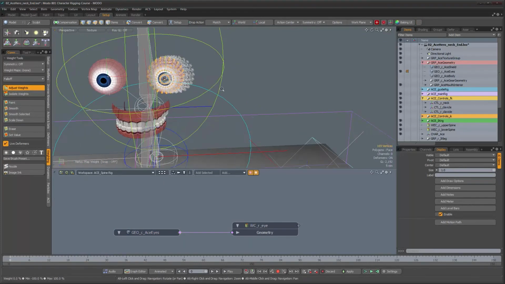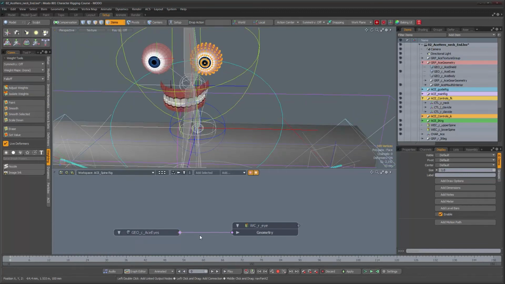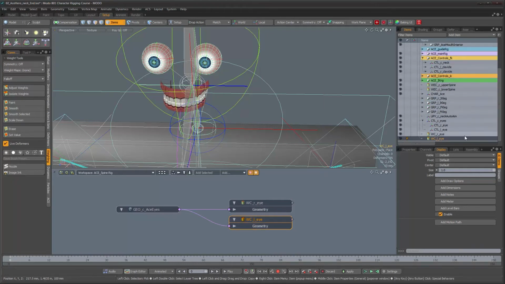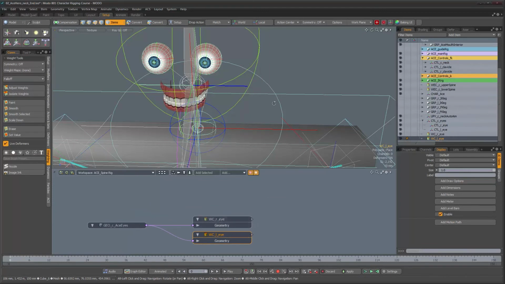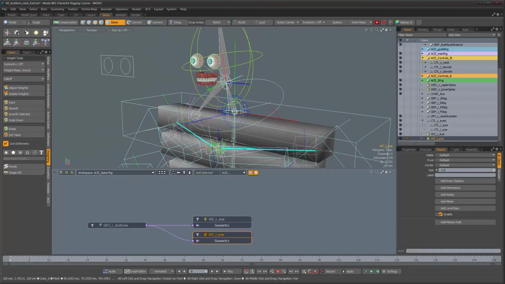Let's check its weight. Everything is already at 100%, so that's good. And you'll see that this container is already added in here. And we're gonna rename it to weight container left eye. Okay. So that's good. And now what we need to do is